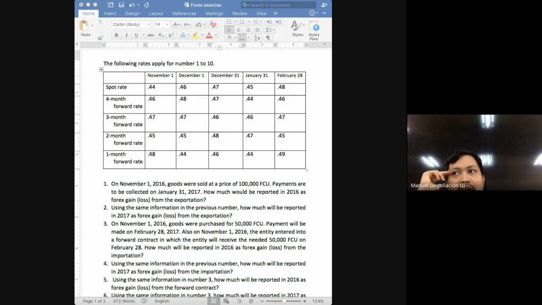And what did we say? If it is simply an importation or exportation transaction, what do we do? What rate are we going to use? Spot rate. So what then am I telling you now? On the date of delivery, you will record the purchases and the accounts payable, or you will record the sales and the accounts receivable using the spot rate. But again, what will happen in the problem? You will be given a lot of spot rates. Okay, you will be given a lot of spot rates.